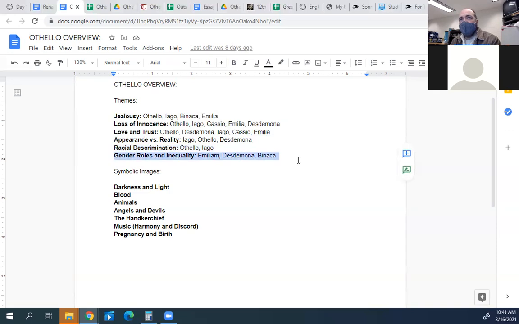So then we have gender roles and inequality as well. There's a number of female figures in this story, and none of them have anything like equality with the male figures in the story. And they're all pigeonholed into very particular gender roles. Now, this is not surprising given it's a Renaissance work of literature, and women really have three possible roles in medieval and Renaissance works. And Shakespeare, I think, is very aware of this because he puts the women into those three roles. The three roles are virgin, wife, and whore.